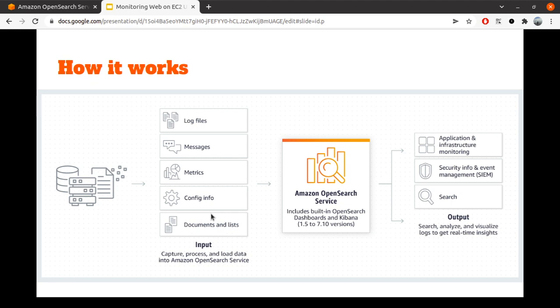Then from the input we can ingest the data into the AWS OpenSearch service, and after that we can access the data and the visualization using Kibana, the OpenSearch Dashboard. Basically in this OpenSearch service we have log management, log storing, the log engine, and also the dashboard itself, without deploying anything. You don't need to deploy your own Elasticsearch and Kibana, because managing those takes quite some effort. Okay, so this is how it works.